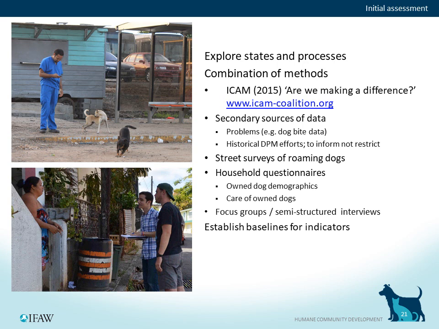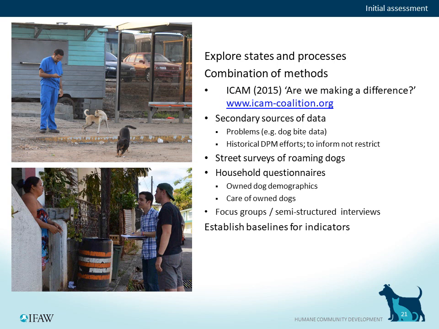And then you can start exploring the current dog population, using street surveys to establish roaming dog density, welfare and breeding through the presence of lactating females on the streets, as this guy in the top left is doing in Panama City. Also using household questionnaires, as these guys are doing in Puerto Rico. And that will allow you to establish owned dog demographics, the gender, age and sources of owned dogs, and also to establish current care behaviours such as sterilisation, vaccination and roaming.